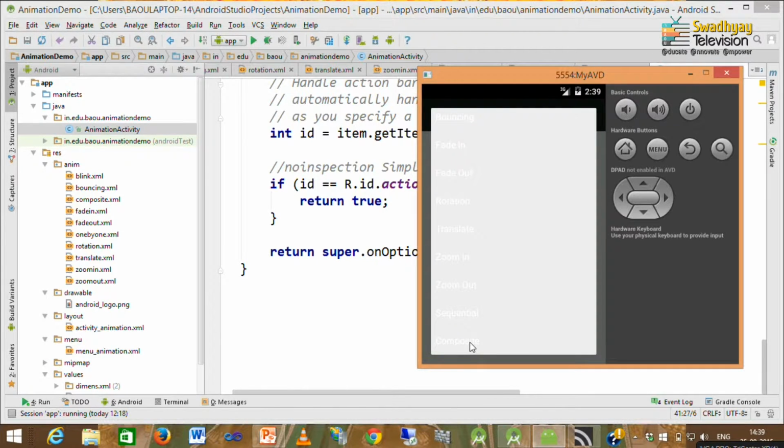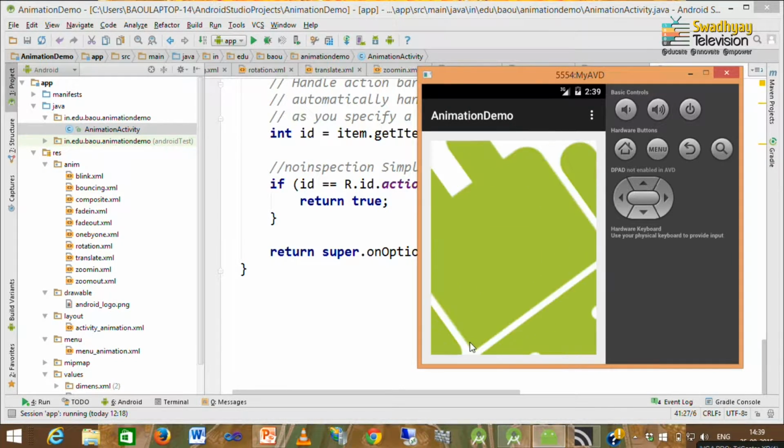Here I am selecting composite. Here you can see object is rotated as well as it zooms out also. This is how you can implement composite animation.